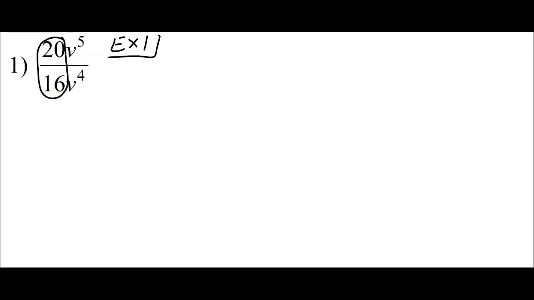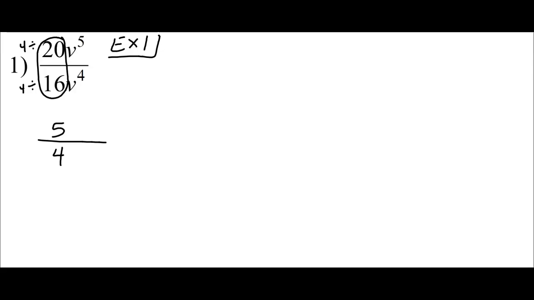We're going to reduce that like we normally would. 20 over 16. What goes into 20 and 16? 4. So I'm going to divide the top and the bottom by 4. So that would be 5 over 4. The V's, on the other hand,